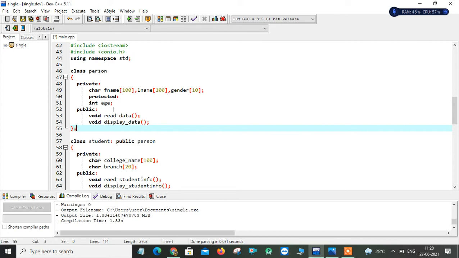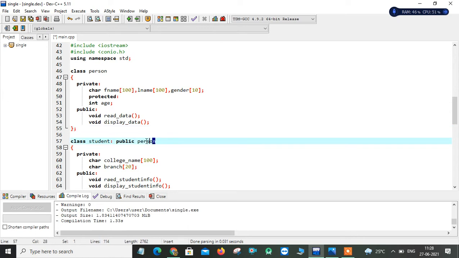In C++ you can implement the member functions inside your class, as well as outside of your class. If you want to implement the functions outside of the class, you use the scope resolution operator, which is a combination of two colon symbols. A little bit later we'll explain that.